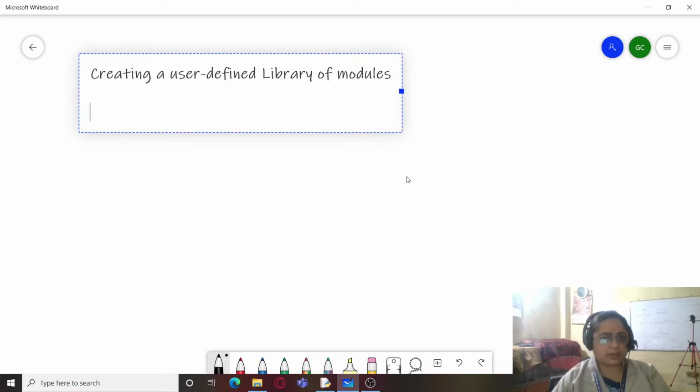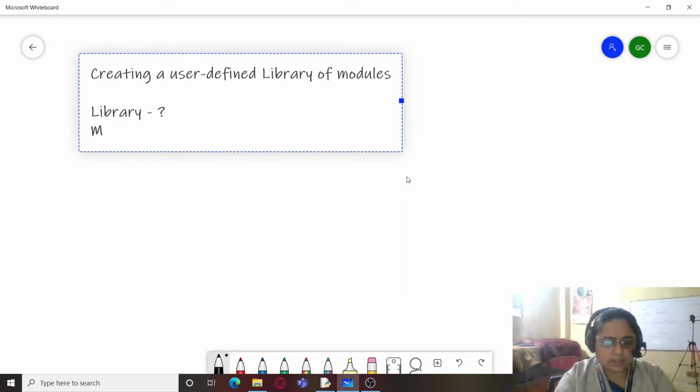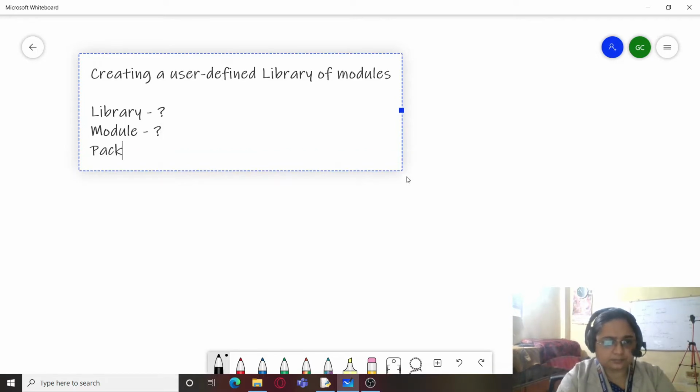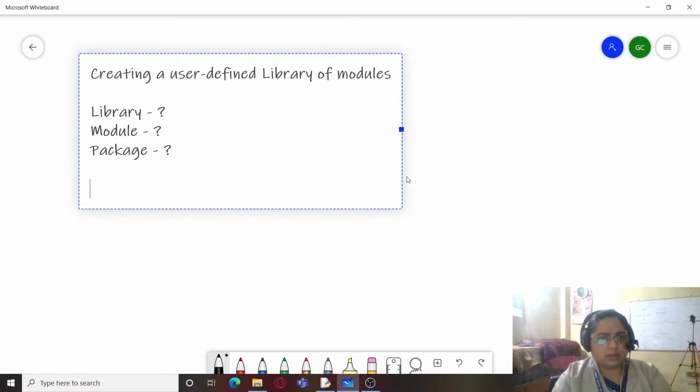So let's move on. The very first thing which we are going to study today is what is a library, what is a module, and what is a package. Although library and package, these two terms are used interchangeably, but there is a subtle difference between them.